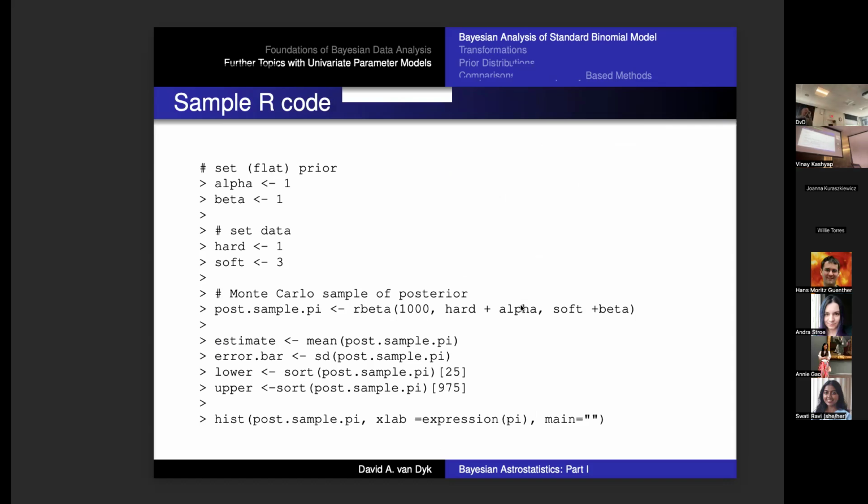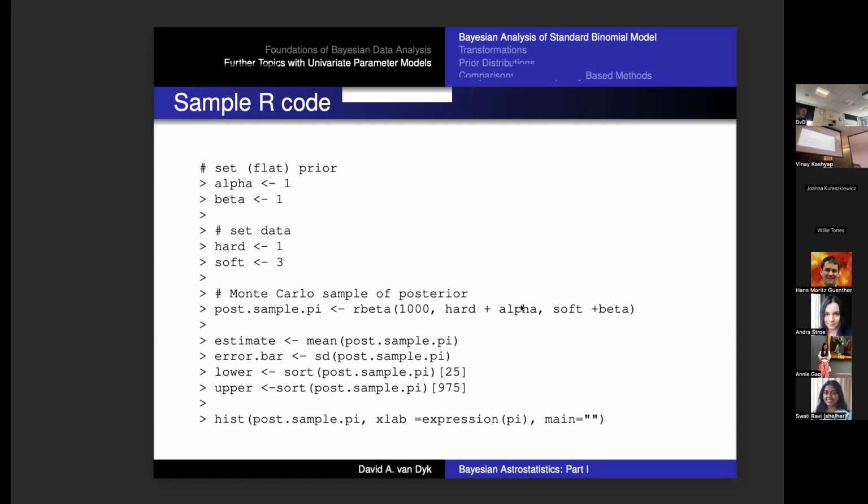Okay, so this is R. R is a software package that statisticians love, but it's pretty easy to just read and turn it into something else. Especially at the level we're going to be doing here, just doing some illustrations. So what I've done there, as you can see, I have, again, a small data set that has one hard count, 3 soft counts. I use a relatively non-informative prior because alpha and beta are both small. They sum to 2. So they have half as much information in the prior as the data set. So even though they're relatively small, because the data set's very small, it's still maybe a bit of information. But again, I'm just trying to illustrate.